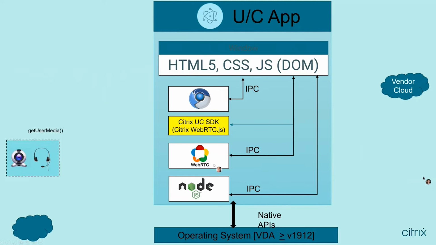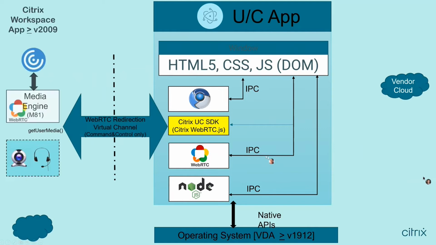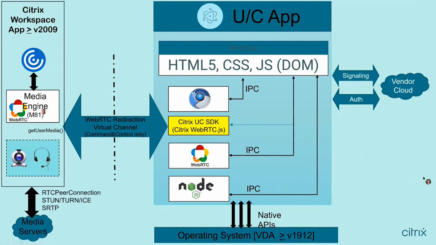And in the optimized format, we provide you an SDK. The application vendor basically just has to... they still use their signaling, right? And then they will communicate to the WebRTC media engine on the client side instead of using the local WebRTC engine. So when they talk to our SDK, this SDK will send the command remotely to our media engine that's on the client side. And then all the STUN/TURN calls that you will execute are all on the client